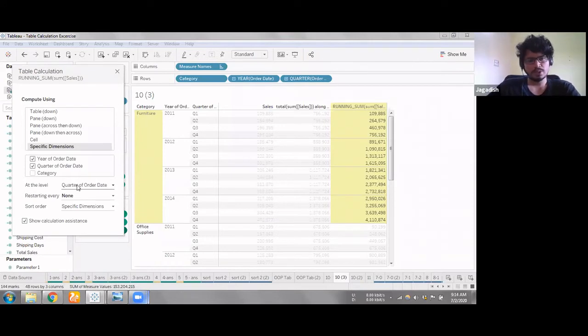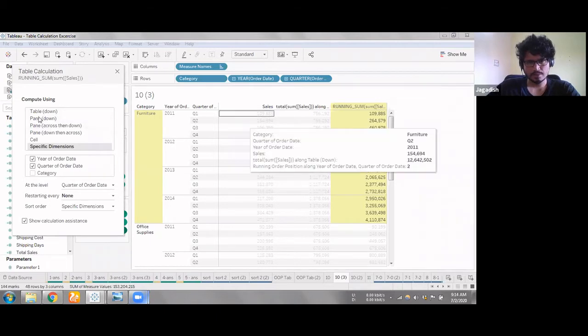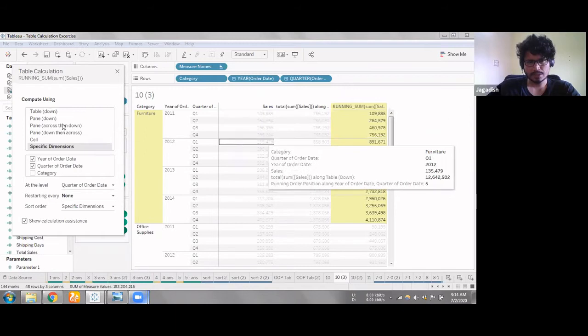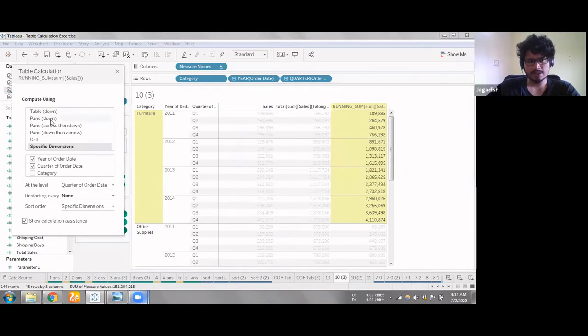What this tells us is whenever you're defining the scope and direction, like pane down, pane across, the information that you're giving to Tableau for calculation is this. One is pane, which defines the scope of the yellow region, and you're also giving it a direction, down. But those are the only two attributes that you know you're giving. There is one attribute that you are giving without knowing, that is the structure of the table, the order in which each of these fields are placed.